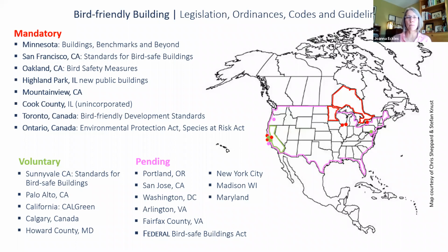And then there are a number of different state and local guidance or ordinances or guidelines or legislation or code in places all over the country and presumably all over the world. So many now recognize the need to address glass through regulations. It's really where we're headed. So just be aware of this, and it just helps to build